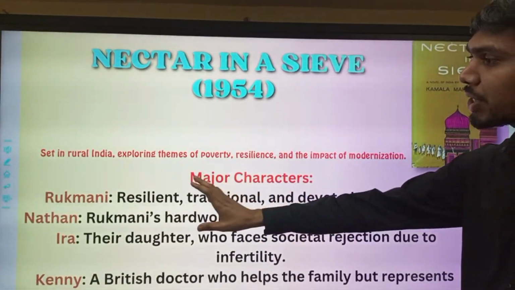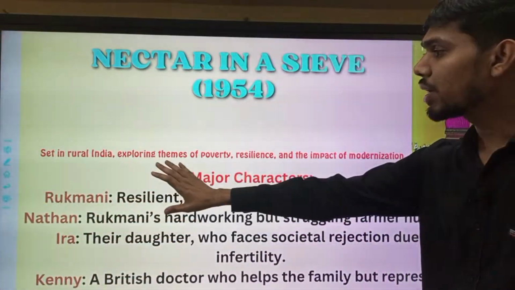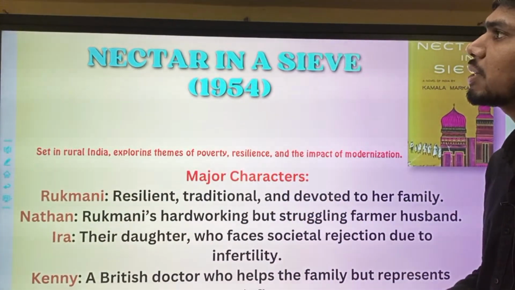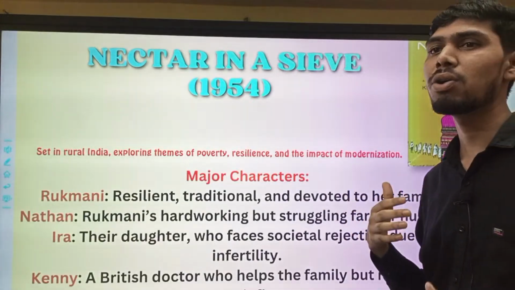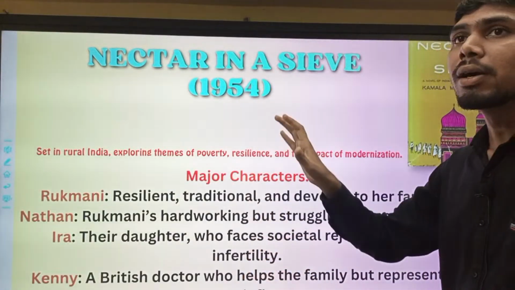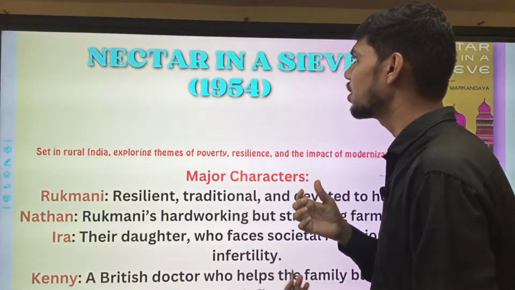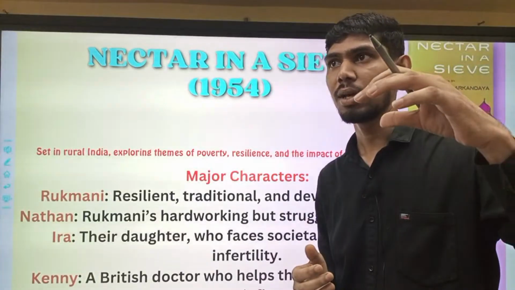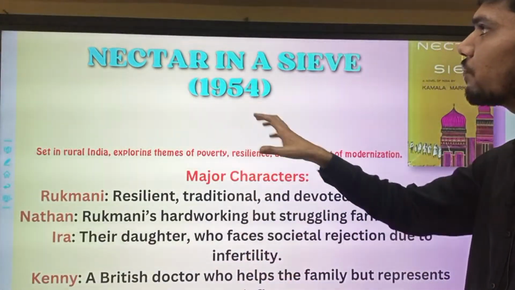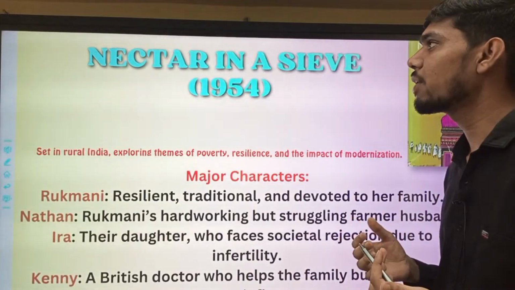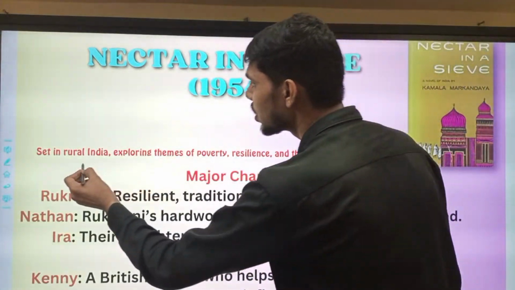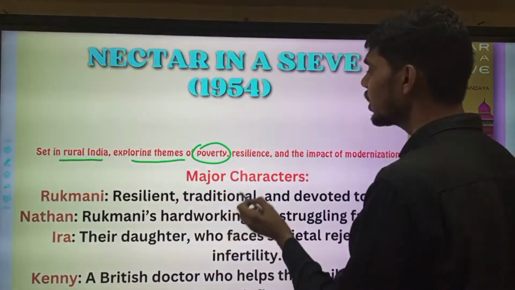Here the major characters Rukmani, Nathan, Ira and Kenny are facing these difficulties, just like nectar in a sieve. Nectar means the hope in our life, whatever we want to become, whatever we want to achieve. But if you don't have a clear goal, then the nectar will drain down, just like when we put some tea on a strainer, it drains. In the same way, if we are hoping and we don't have any goal, then that hope will drain. Its setting is rural India, exploring the themes of poverty, resilience and the impact